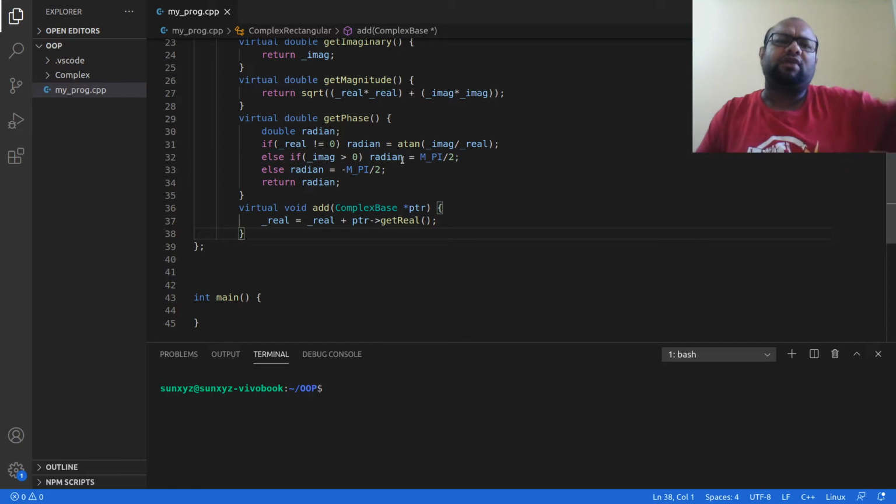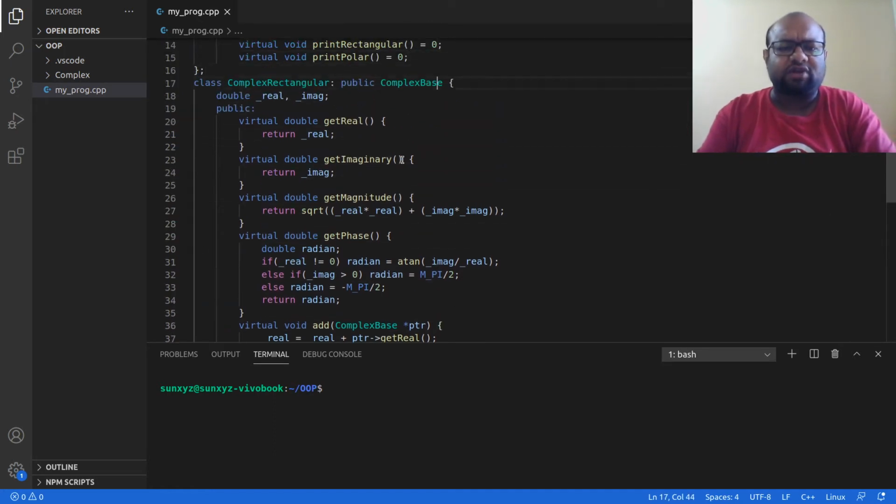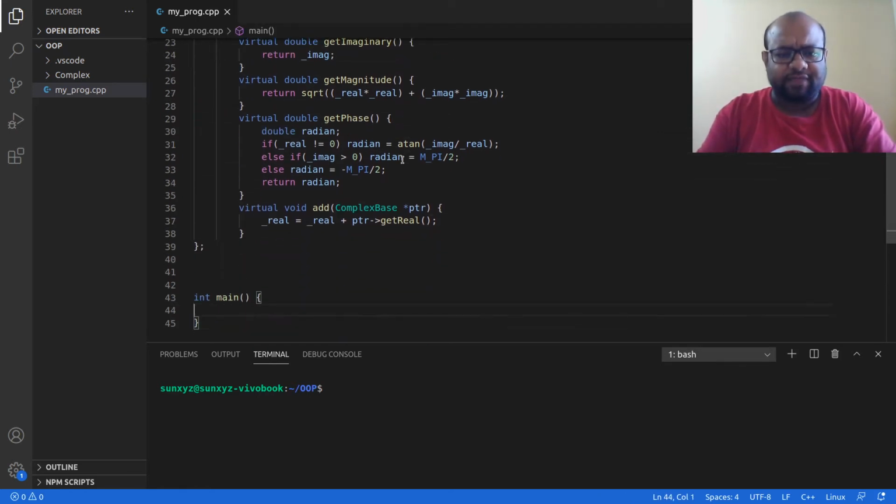And because of how runtime polymorphism works, when I call getReal using this vptr and then this vtable, the appropriate implemented function in either complex rectangular or complex polar is going to be called, and I am going to get the value of the real part of the complex number. This is how I can access the real part. So if a complex rectangular object is passed, then this getReal is simply going to return the real.